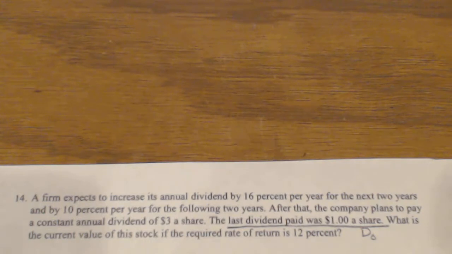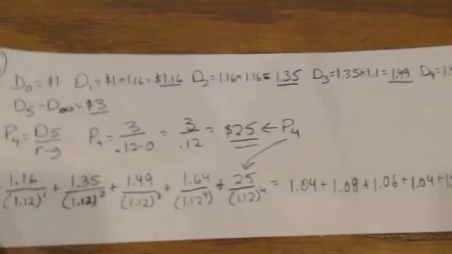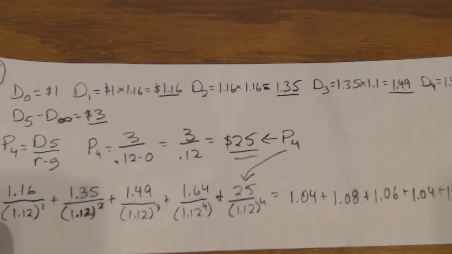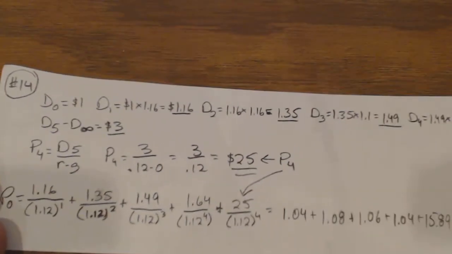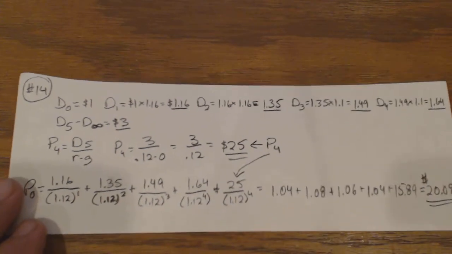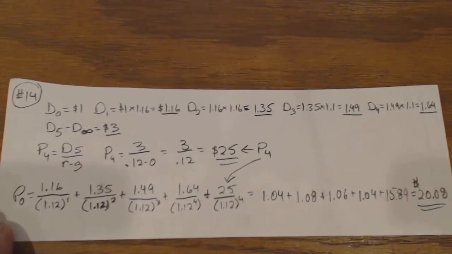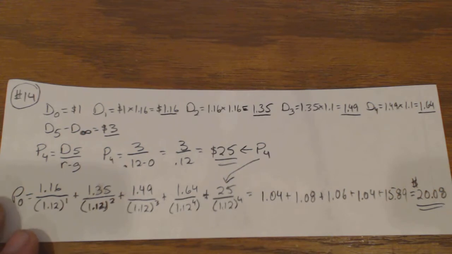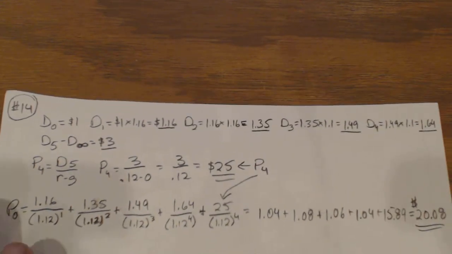So the last dividend is D0. What is the current value of this stock if the required rate of return is 12%? So let's take a look at how we solve that problem. And here's the answer. We'll use our calculator also. And problem 13, if you haven't seen that, you might want to check into that. It shows how you have uneven cash flows that you can use your calculator for to make this a little bit quicker